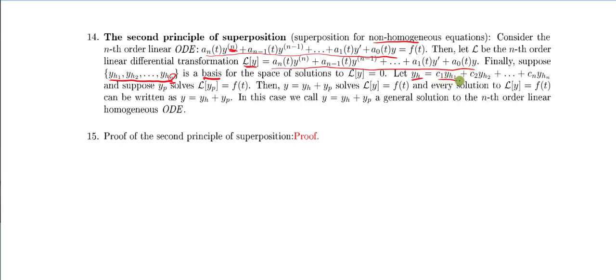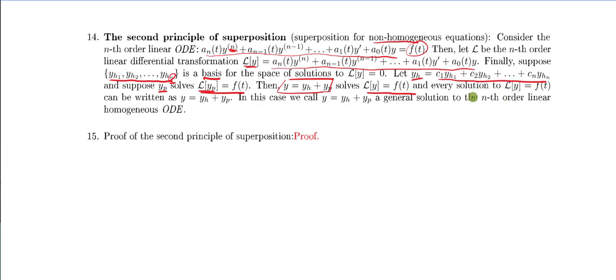And so if we have the general solution to that nth order homogeneous differential equation, and then suppose we've got one particular solution to the non-homogeneous problem, meaning notice here I've set the linear differential operator not equal to 0 like I have previously, but I've set it equal to the right-hand side of that differential equation, then we can say that this function right here, y equals y sub h plus y sub p, solves the differential operator set equal to our forcing function,